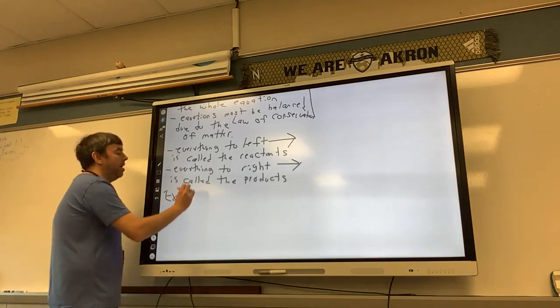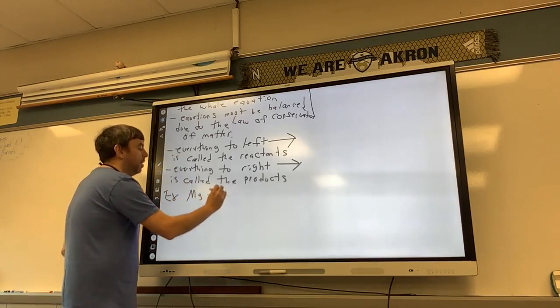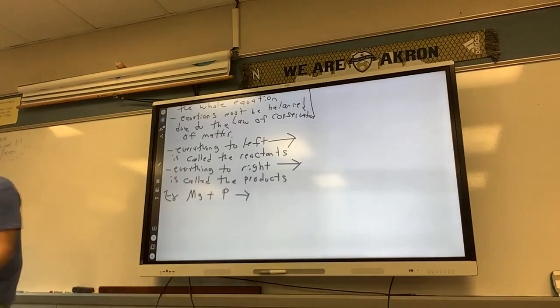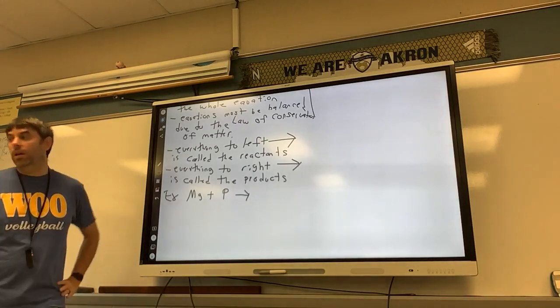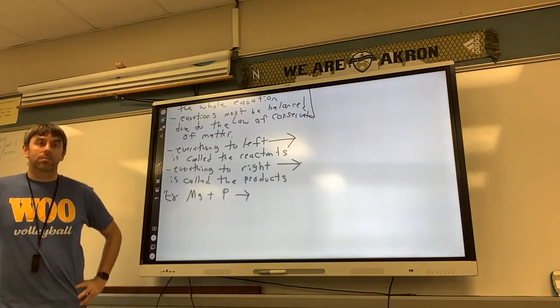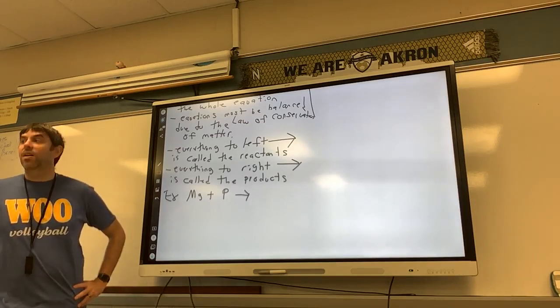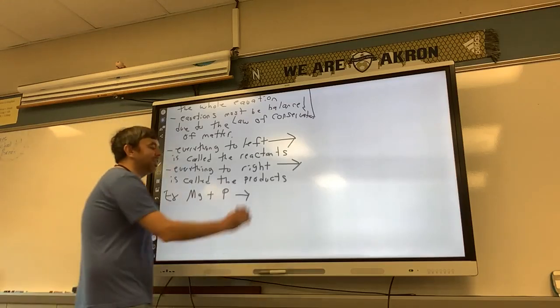So if I had Mg plus P, here's your first chemical reaction. First of all, could you write a product? Maybe. Yeah, you could. What? MgP. Nope. What's the charge on magnesium? 2 plus. What's the charge on phosphorus? 3 minus. Is that a perfect match? So what do I have to do? So it's actually